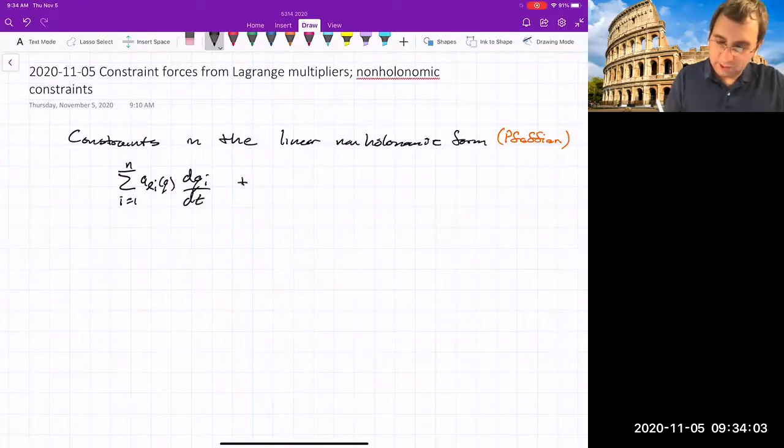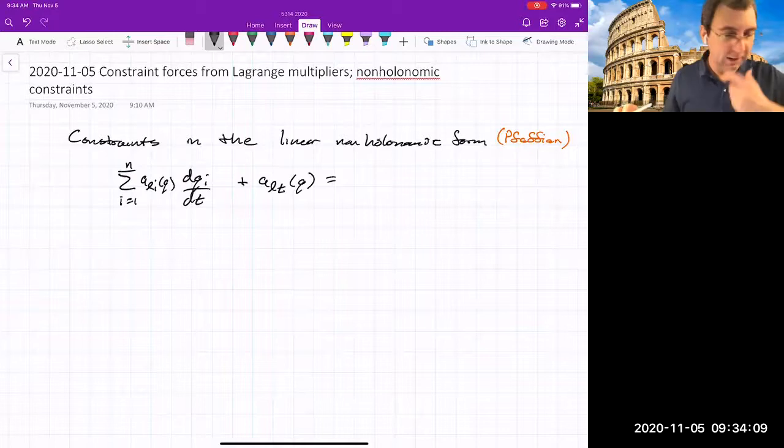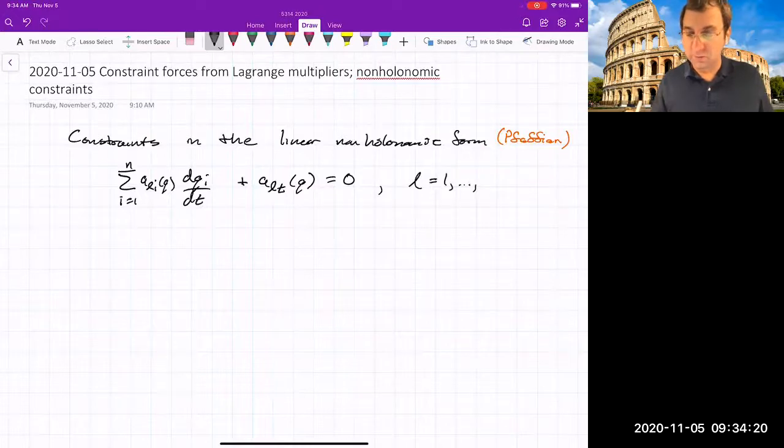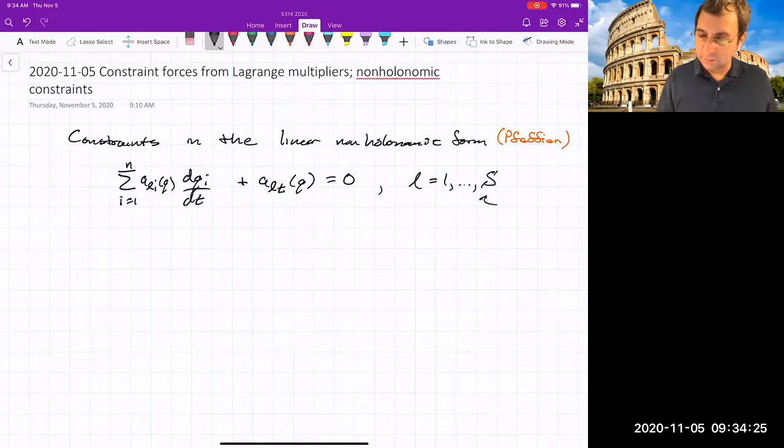And then we have this other term that's sometimes written as ALT, could be a function of Q. It just doesn't multiply one of the generalized velocities. And this index L is the index of the constraint. L goes from 1 to capital S, the number of